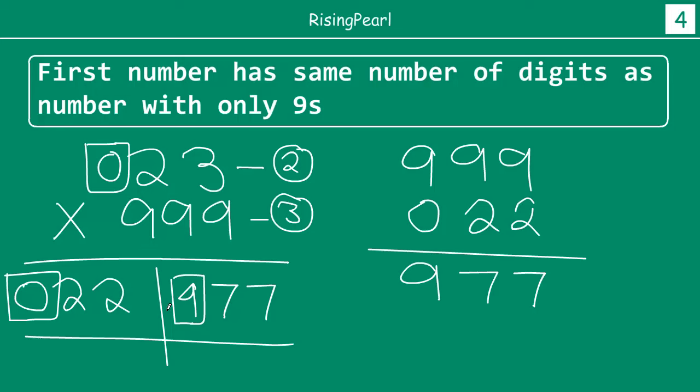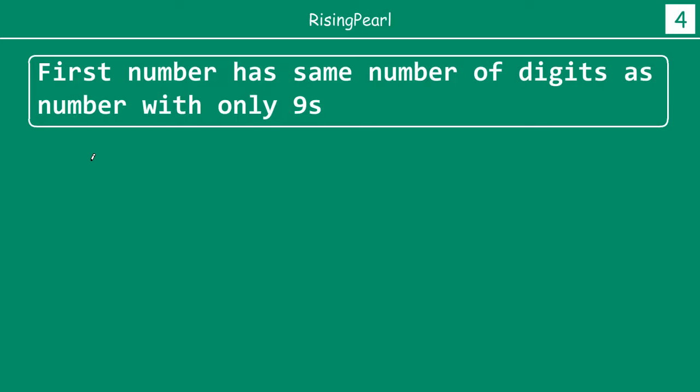So 9 minus 0 is 9, 9 minus 2 is 7, 9 minus 2 is 7. So I hope you're getting a feel for how we are doing these, right? Now let's take a look at one more example. How about we do something like maybe